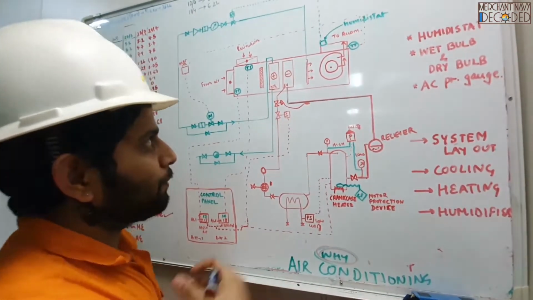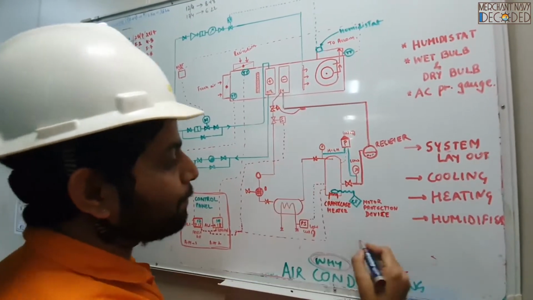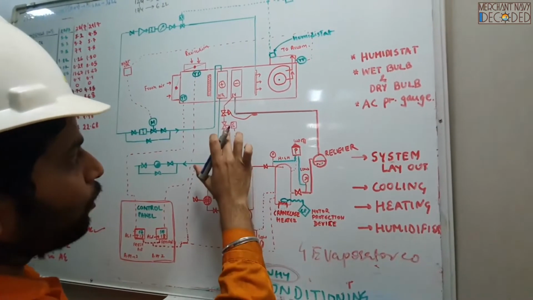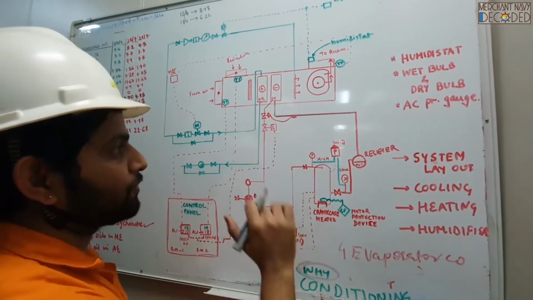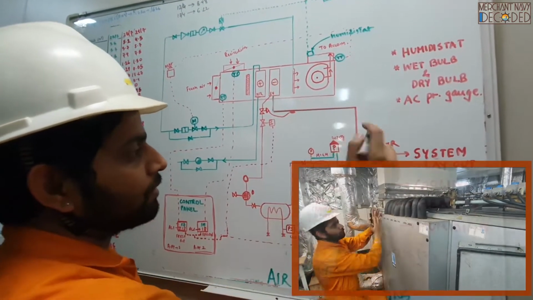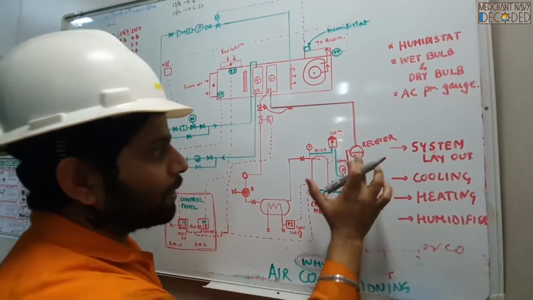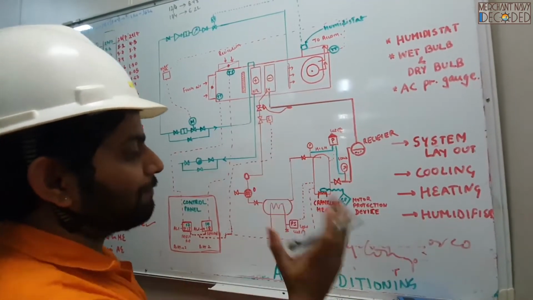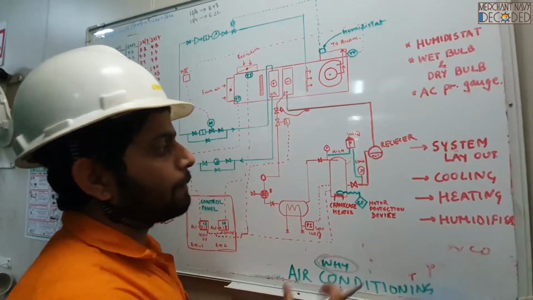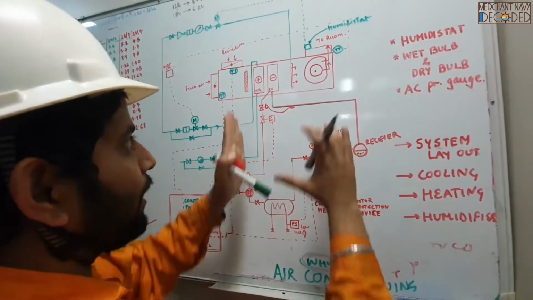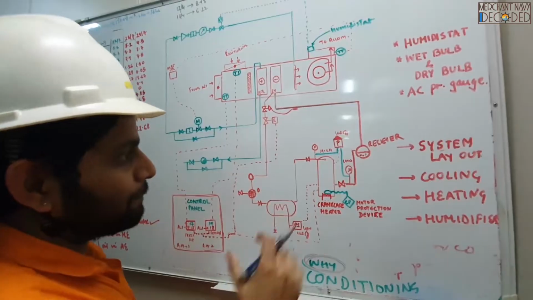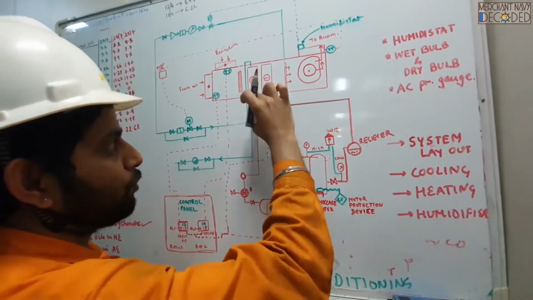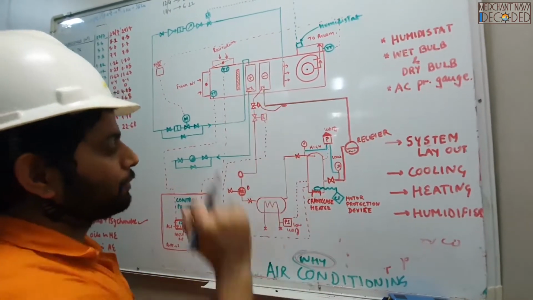Copied. On board my ship over here, there is not just one, there are 4 evaporator coils. I'll show you guys. There are 4 such systems of solenoid valves and 4 thermostatic expansion valves fitted. So there are basically 4 inlet lines coming. Because on my ship I do not have just one compressor, I've got 4 compressors fitted. I'll show you. So there are 4 evaporator coils, 1, 2, 3, 4. I have not made the exact diagram, otherwise it would have become very complicated. I just want to show you one system of compressor over here. But on my ship you will find 4 compressors, 4 condensers, 4 of all these units, and also 4 evaporators with 4 expansion valves, 4 solenoid valves with this capillary tube fitted.